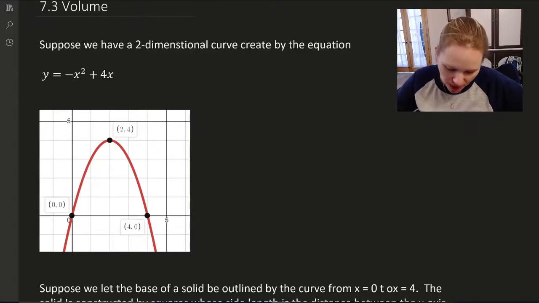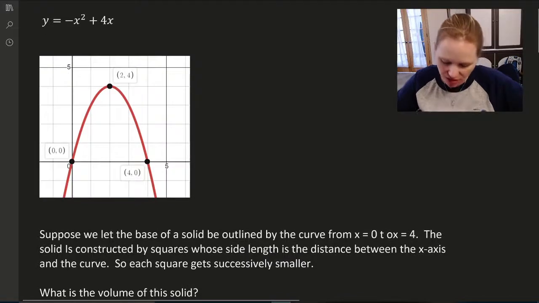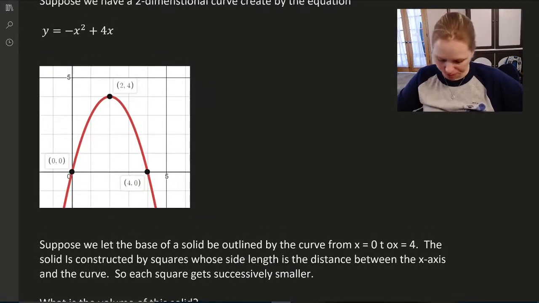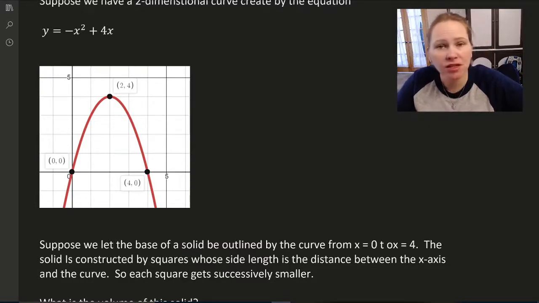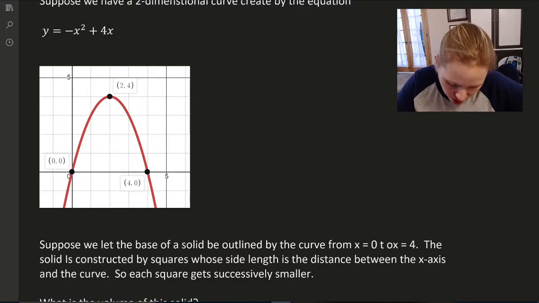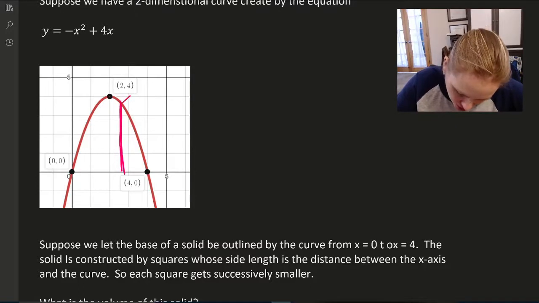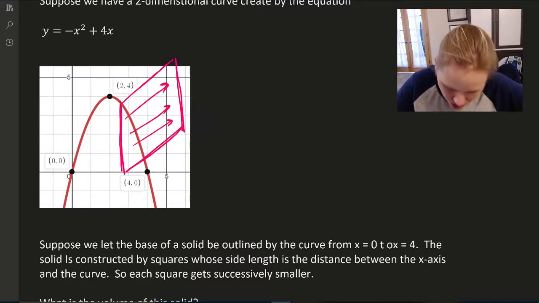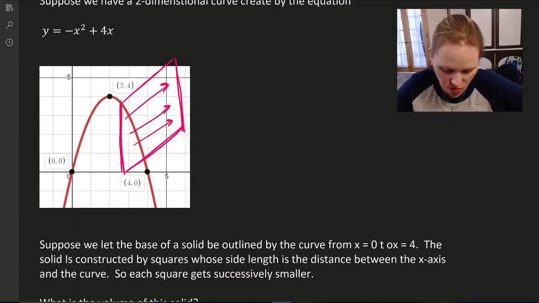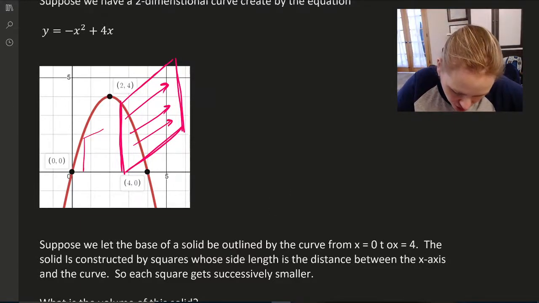We've got this parabola, and we're going to suppose that the base of a solid outlined by this curve from 0 to 4 is constructed by squares whose side length is the distance between the x-axis and the curve. So basically, if you think about having this be the base of some shape, you've got these squares going from the x-axis to the curve, and the squares are standing up. So remember, a square, and I'm a terrible three-dimensional drawer, this square is standing up. So it's almost like it's pointing straight out at you from the screen. And everywhere that I have this square,